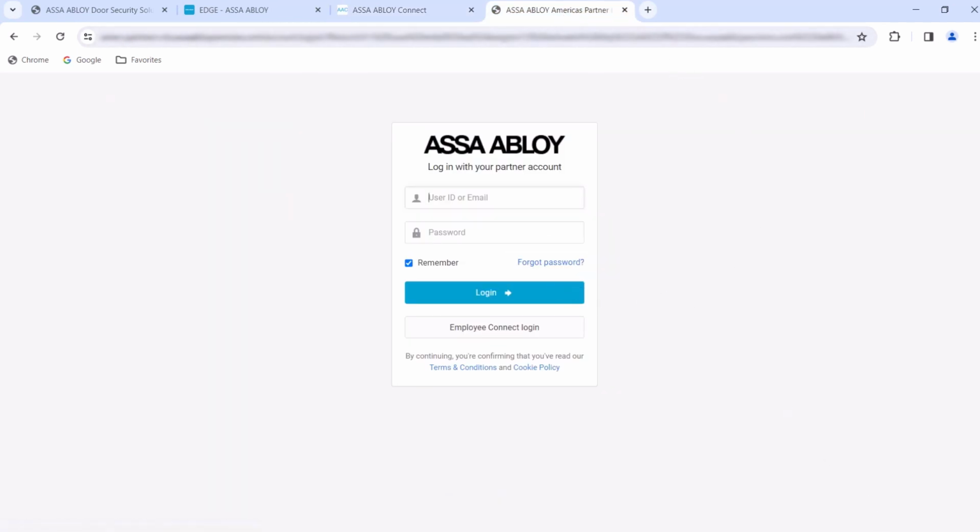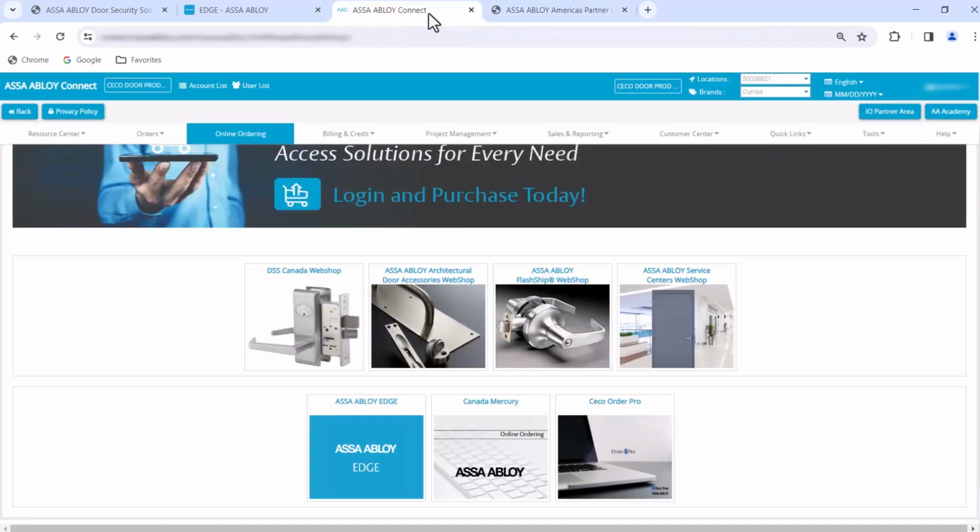If you are not seeing Edge as part of your online ordering tools, reach out to your Currys customer service professional and we will get you access quickly. If you do not have access to AA Connect, reach out to your local ASA Abloy Door Security Solutions sales consultant. They will work with you to get a profile set up so that you can begin getting access to